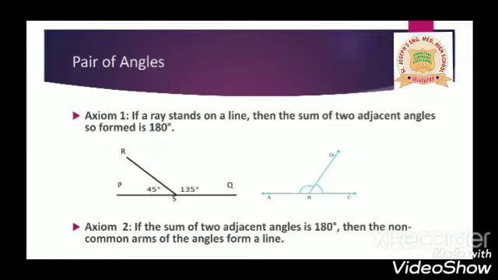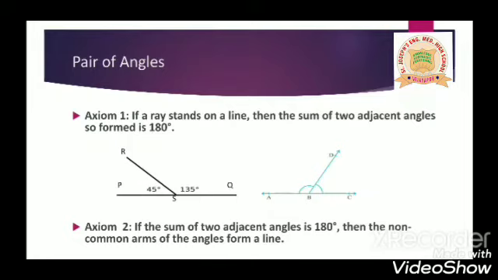Now see, for pair of angles there are two axioms here. These two axioms you are going to use while proving your solutions or proving your theorem. So these two axioms are most important. Just understand it. If you have understood what complementary angles, supplementary angles, and linear pair angles are, these axioms are nothing. Okay, axiom 1 says, if a ray stands on a line, then the sum of two adjacent angles so